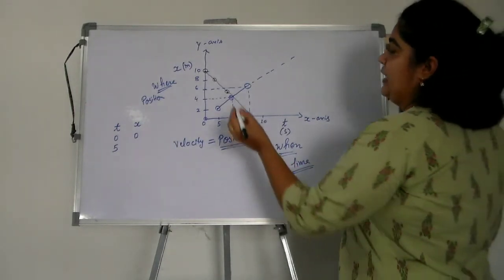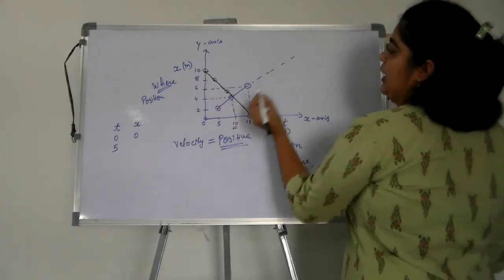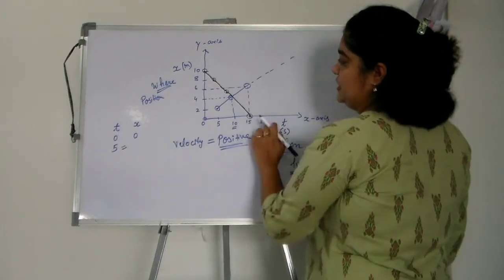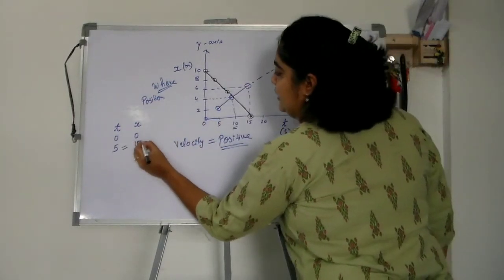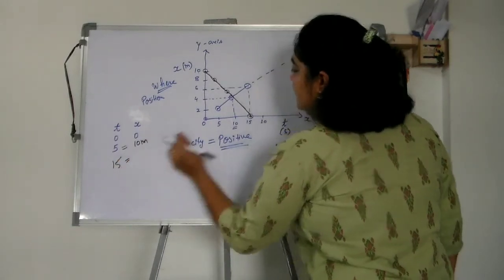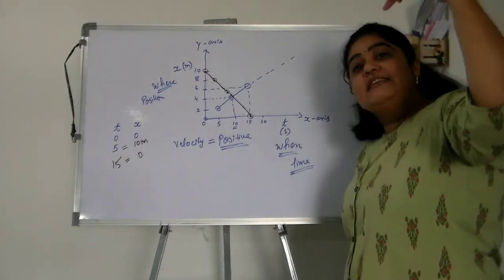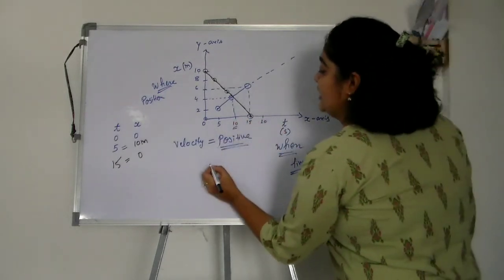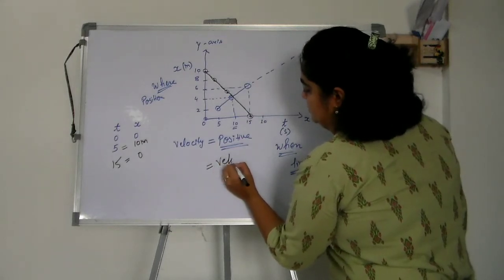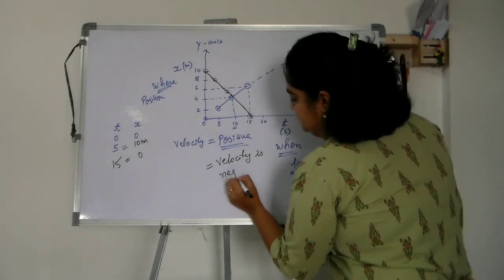What is this line showing? It is showing that at time t equals 0, the position of this thing was at 10 meter. And at time t equals 15 seconds, the distance has come down to 0. So the velocity is reducing. So we can say here in this case we have a negative velocity. Velocity is negative.